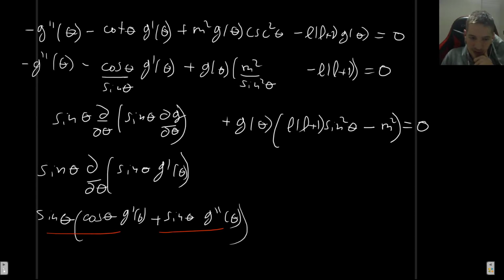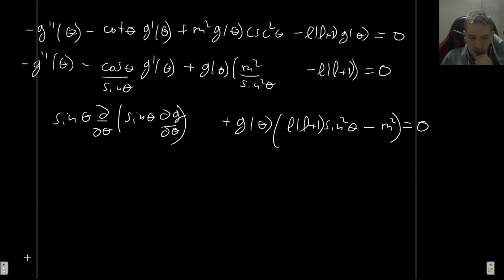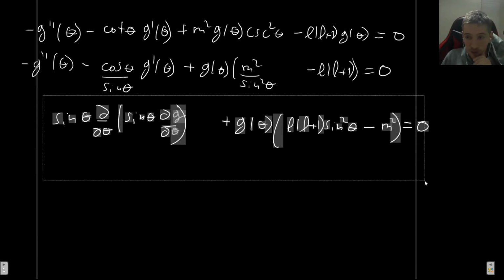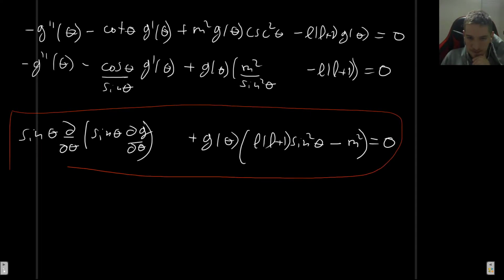And here I did change the notation on purpose because I want you to see this equation and hopefully recognize it if you have been following my lectures on quantum mechanics, because we already encountered this equation before when we were solving the angular equation for the hydrogen atom. This right here is what we solved, and the solution combined with, of course, the e to the i m phi is what we called